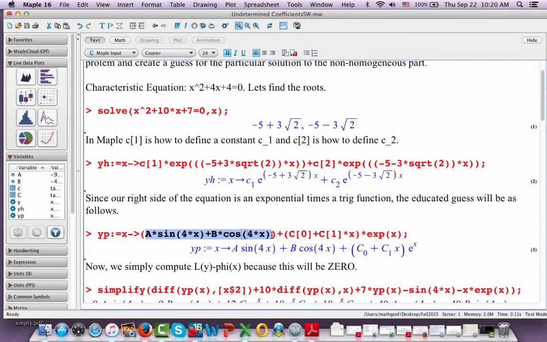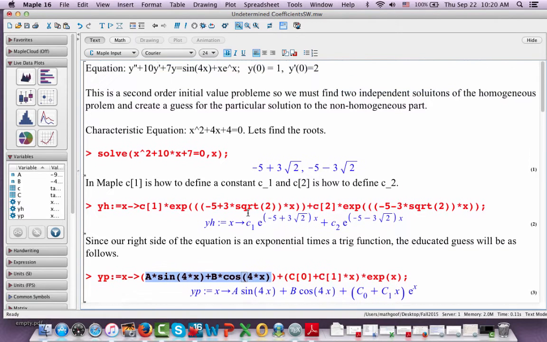If you'd like to add the cosine first, that's fine. If you want to use letters w and z, use whatever letters you want. That doesn't matter. All right. The point is we have to introduce enough different constants to cover our bases. So this is the general solution of yp that covers the first term of our right-hand side, the sine of